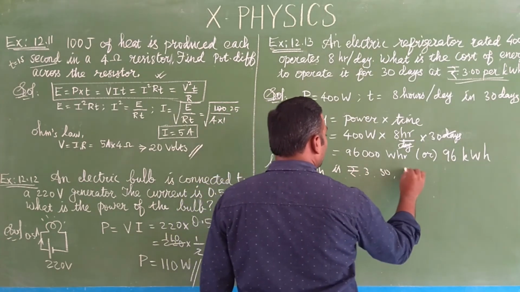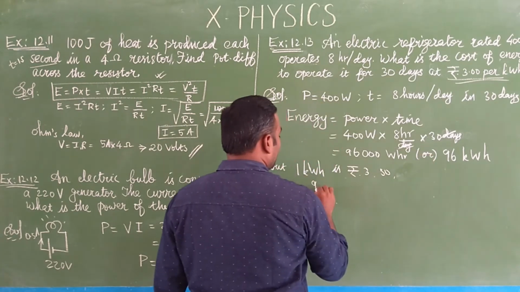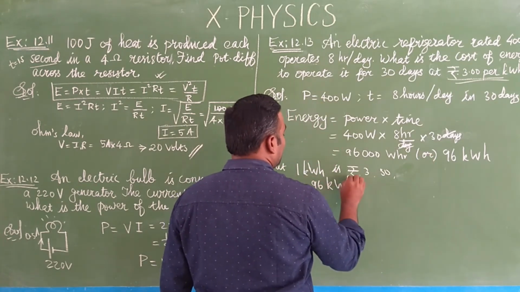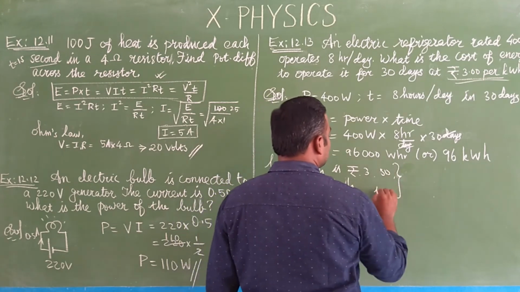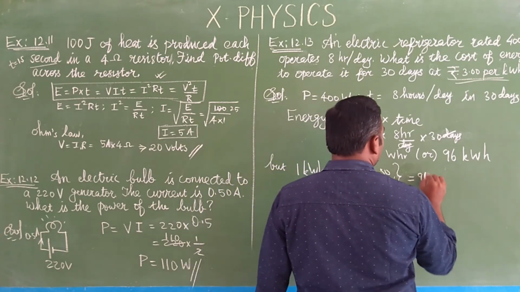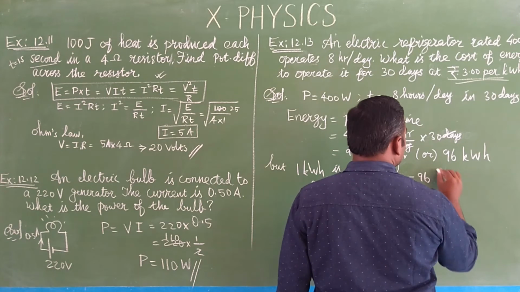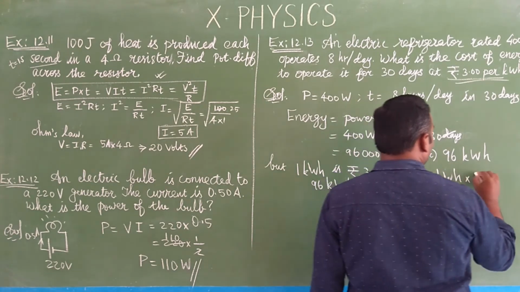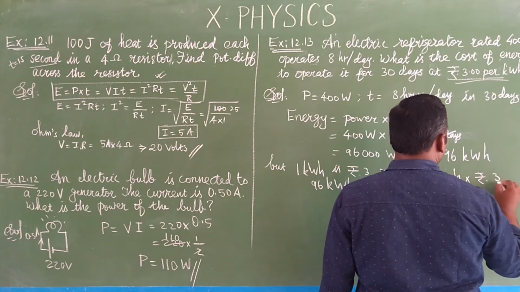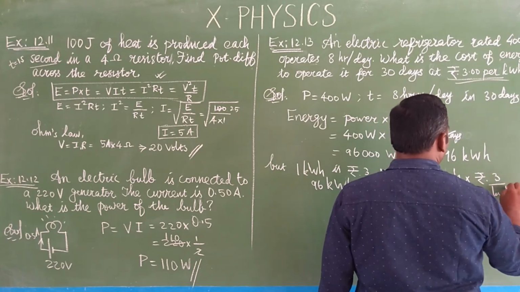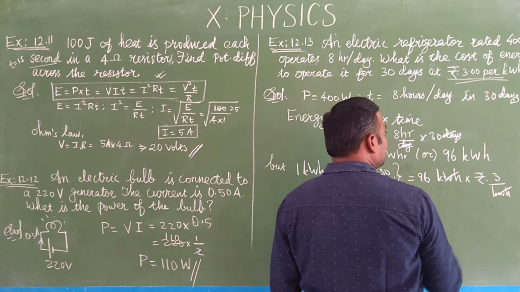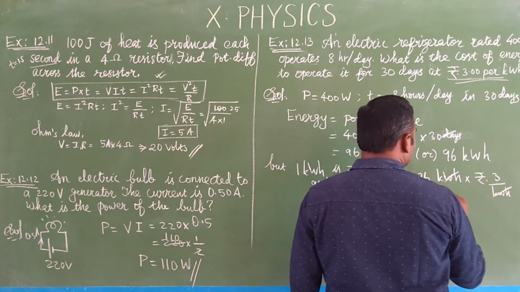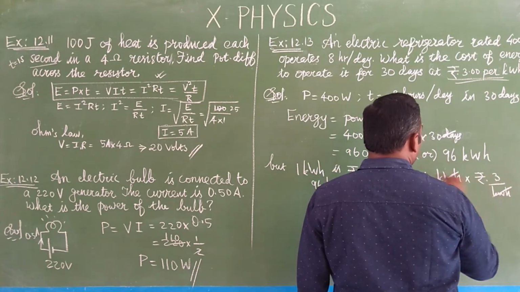So 96 kilowatt hour into 3 rupees per kilowatt hour. So kilowatt hour cancels, and 96 into 3: 6 3s are 18, remaining 1, 9 3s are